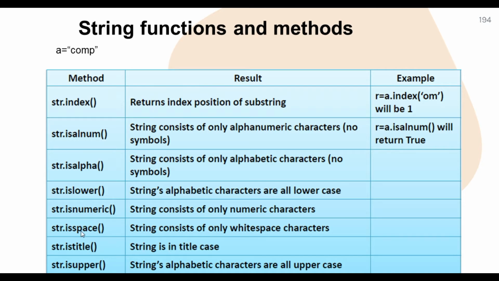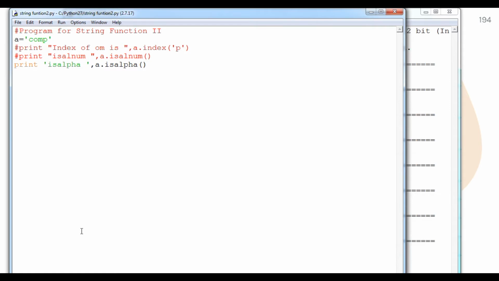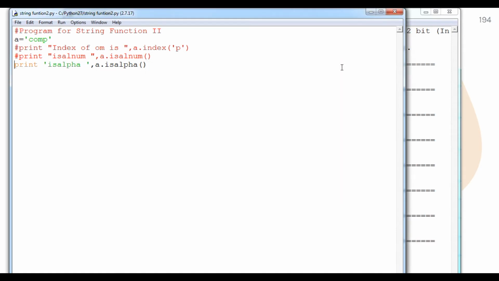We are going to check islower first, one by one. Here I have made the comment. Now print the islower function, we are going to check it first.